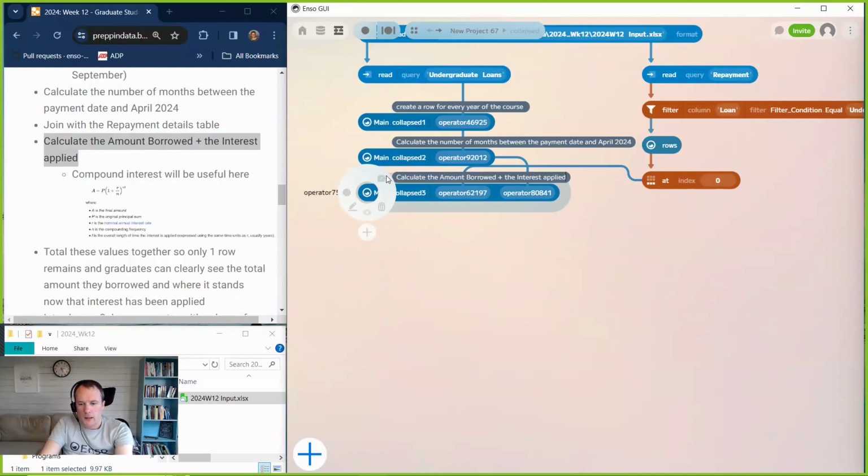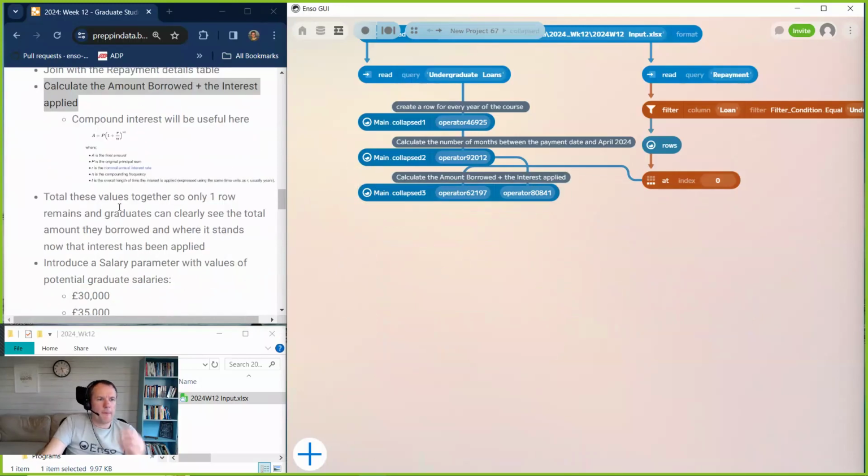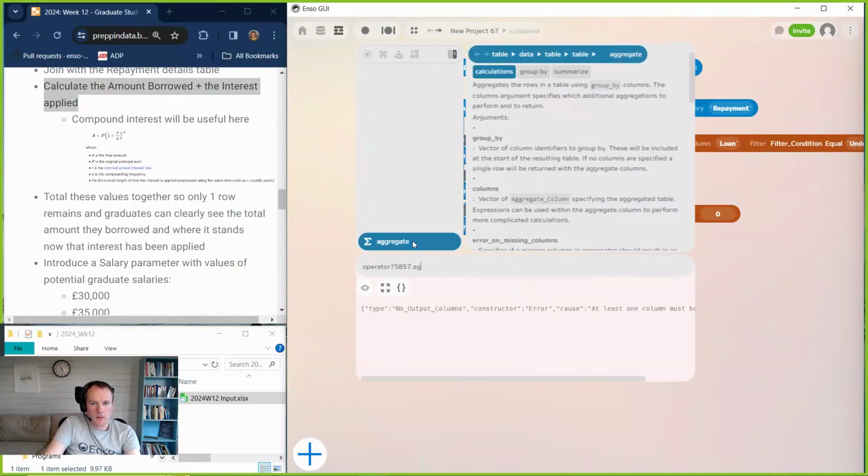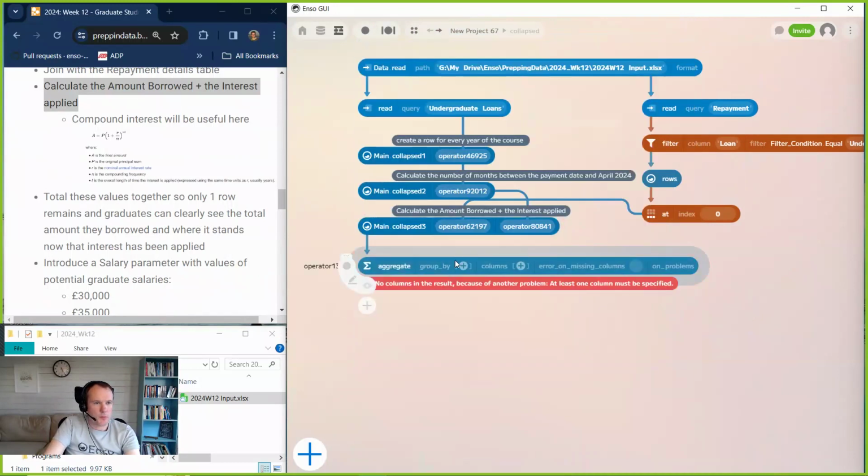Okay, next thing, total these values together so only one row remains and graduates can clearly see the total amount they borrowed and where it stands now that interest has been applied. For this we want to do an aggregate. So this is back to much more standard stuff that we've done in previous weeks. And we want to do a sum